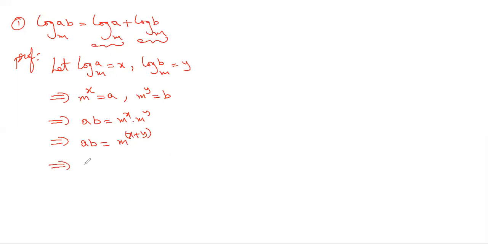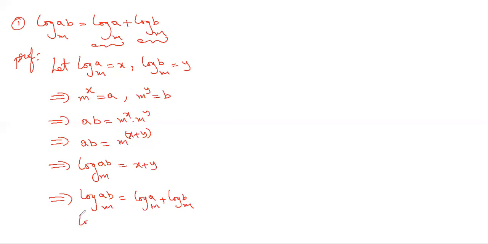If you convert this into the logarithm notation, and the log, as I told, always write the base first. M is the base of the exponential function, write it. The one which is close to the base will be away from the base, and the one away from the base will be close to it: log AB equal to x plus y. Now replace what is x and what is y. X is log A base m. Y is log B base m. That's it. And for simplicity, when you're writing the formula, we won't write the base. Log AB equal to log A plus log B. Make a note of it.